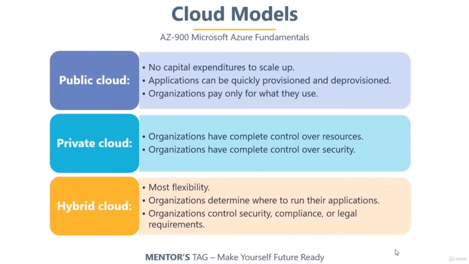When you're using public cloud, you do not need any capital expenditure to scale up. Automatically, all these clouds provide you a scaling facility, and whenever you want, you can scale up or scale down. Your application and databases can be quickly provisioned within a few seconds or minutes, and you can use them as long as you want. Most public clouds charge you minute-wise, and you have to pay only for whatever usage you're doing.